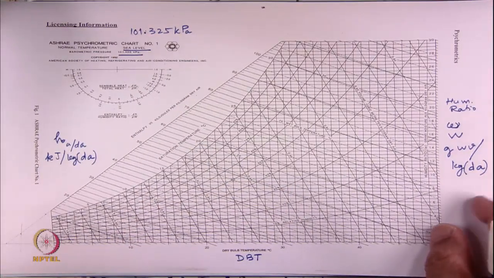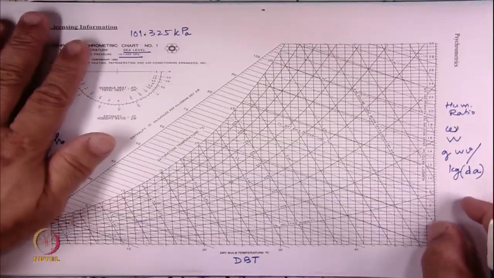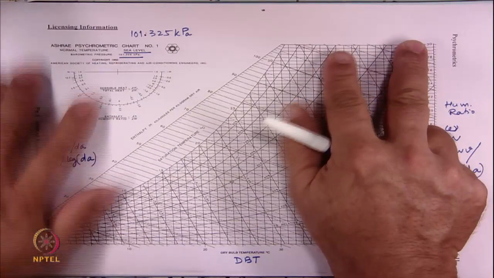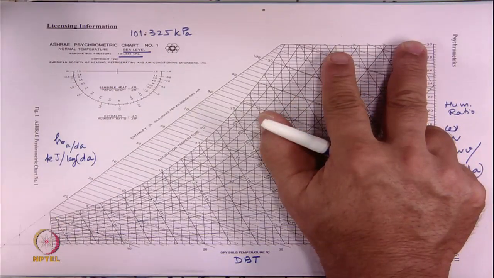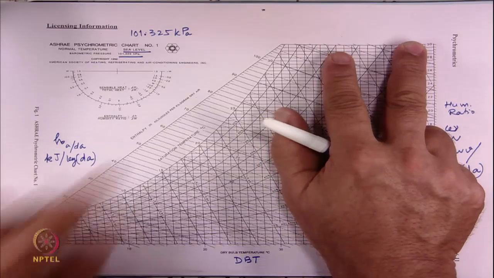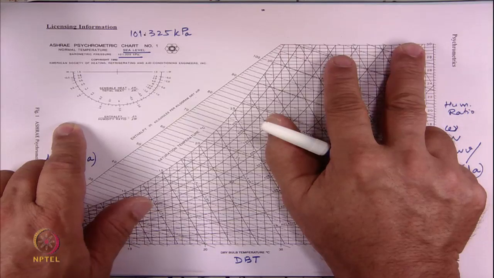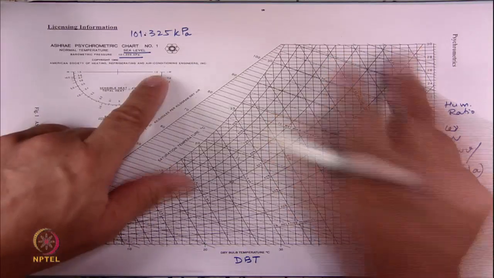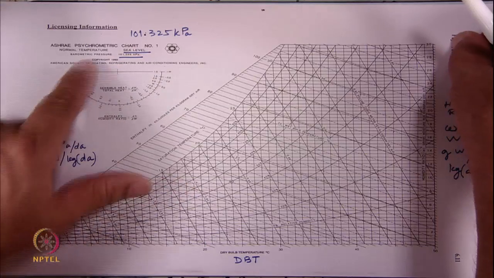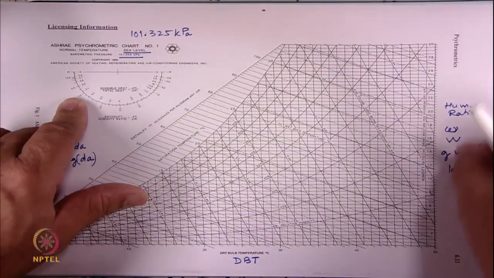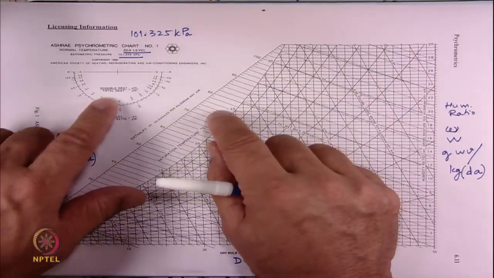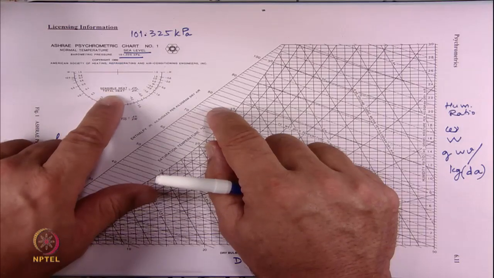So, this is what this chart has. There is one more thing here which we will not go into detail here, but that is the subject of a further full-fledged course on air conditioning, which is this little thing that has been put over here. What it shows is like a semicircle, and in some cases, instead of showing this, there is a line on this side which gives the same values, and it says inside: sensible heat to total heat ratio.